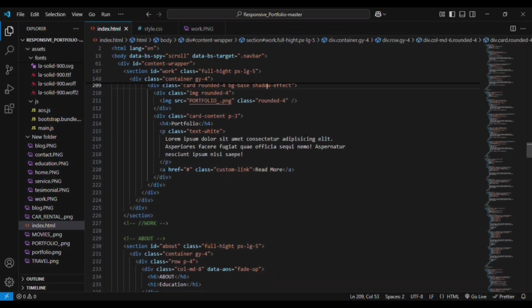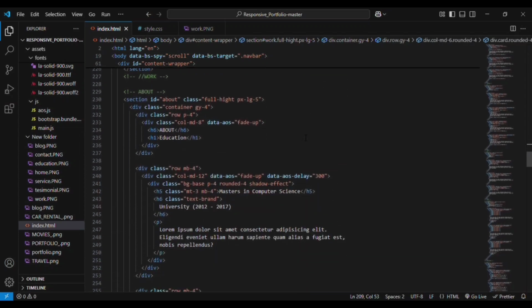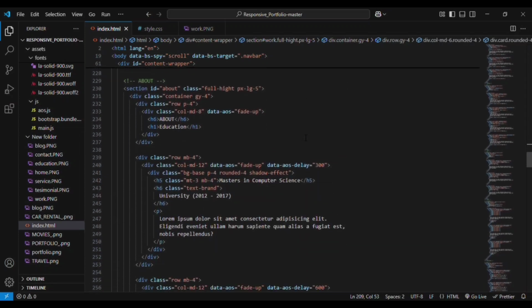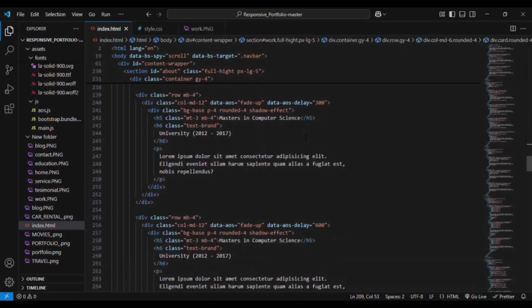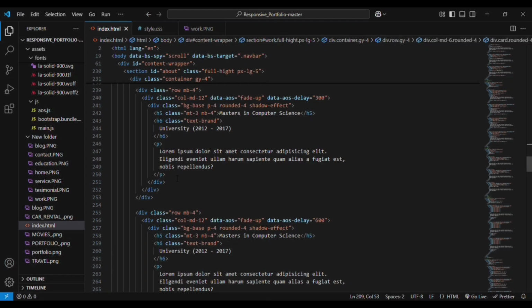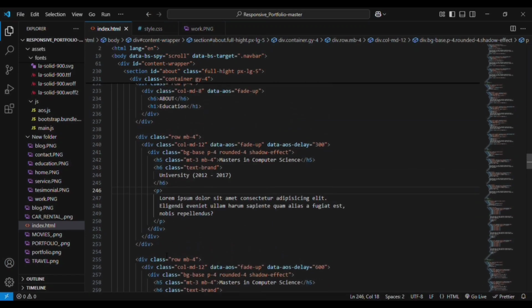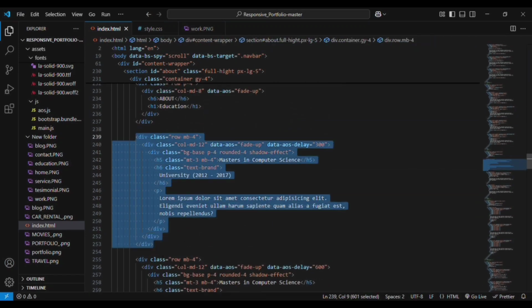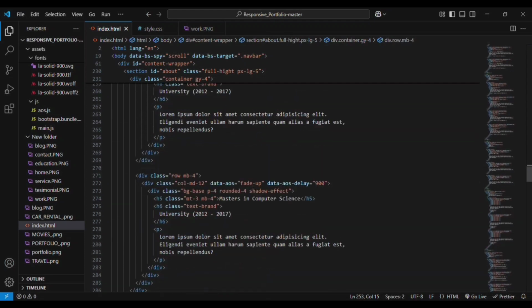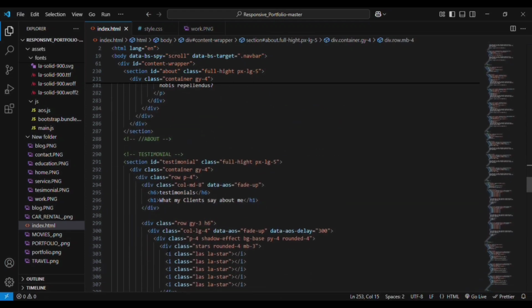Then we can go to the section, the report education. In this, we are also having the div. Inside the div, we have added the div in a similar way. Here we have the h5 element for the major heading. Then we have the text in a paragraph element, and the same data is copied again. You can see this. The same div is copied again three more times